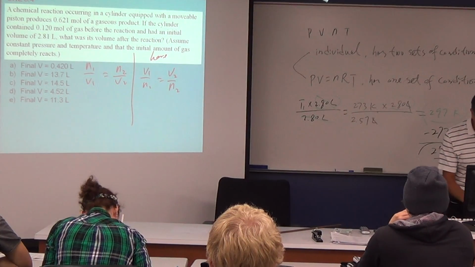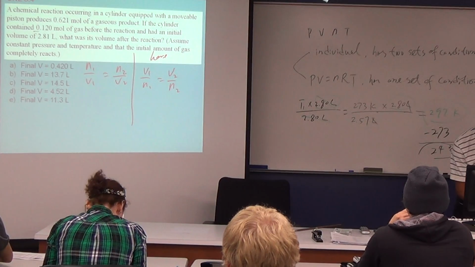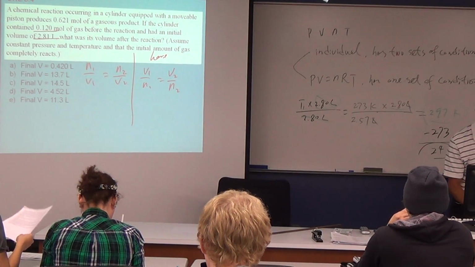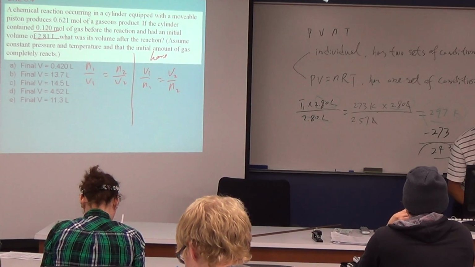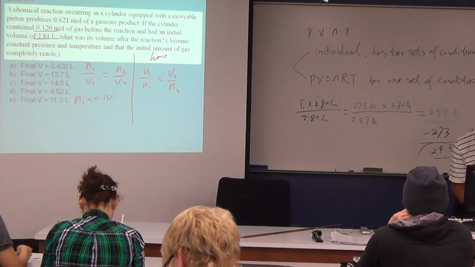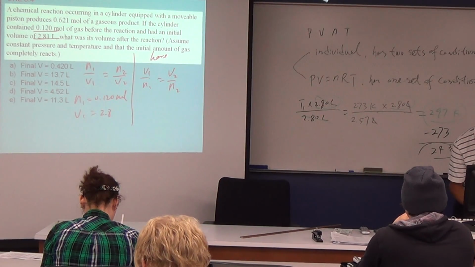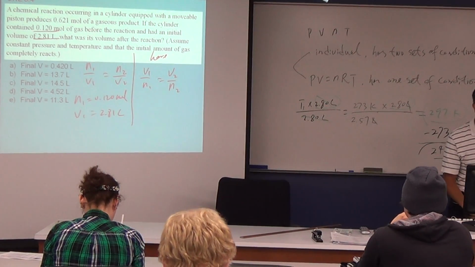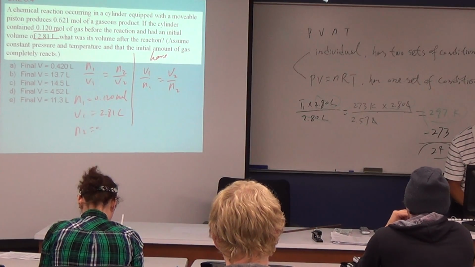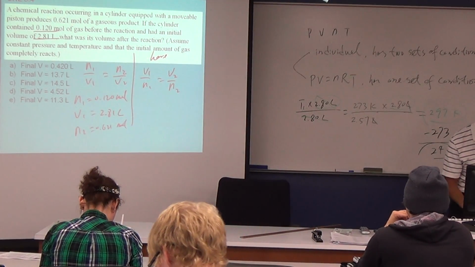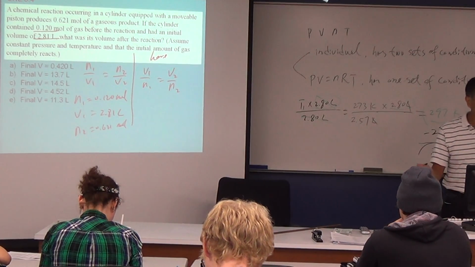And so you see this will be one set. So we will call this our N1. So N1 equals 0.1 to 0 more, and V1 equals 2.81 L, right? And then we will have N2 equals 0.621 more. Very good. And so you substitute and that